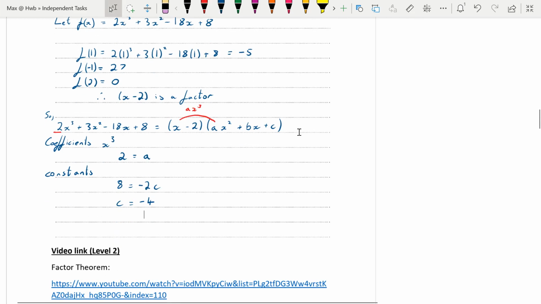Now, the final one I need to find is b. So I found a and I found c, and I need to find b now. The only two options I have is either looking at the x squareds or looking at the x. Now, it doesn't matter which one you look at, but what I tend to say is try and stick with the same one every time. So I always look at the x squared. So I'm going to look at the coefficients